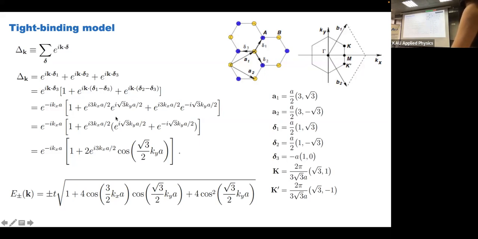What is cosine of this thing? It's like the exponent with this thing multiplied by I plus the same exponent but multiplied by minus I, divided by 2. Then I divide by 2, multiply by 2, and I get this cosine. So I have created this, then I also have to do some simple math to get this thing. So from this to this, what should I do? I should multiply